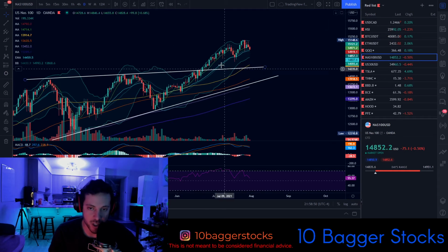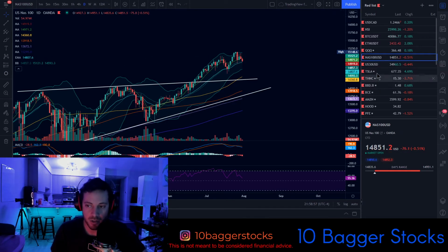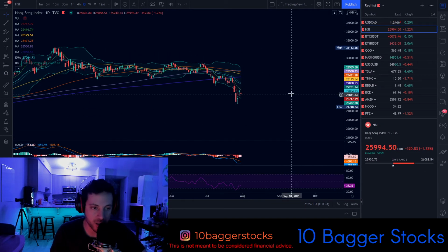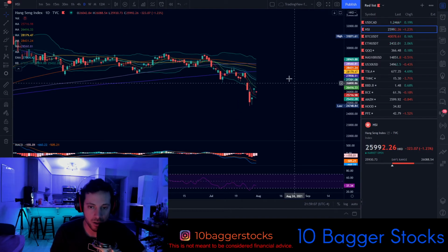So the trend didn't change. It was a fake out in this case. So we're seeing if the bulls can hold this area over here. That's what we're looking at when it comes to the NASDAQ and Dow Jones as of now. Let's take a look at the Chinese index, Hang Seng, Hong Kong,